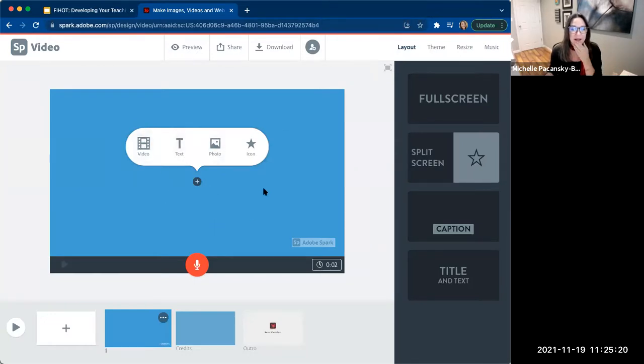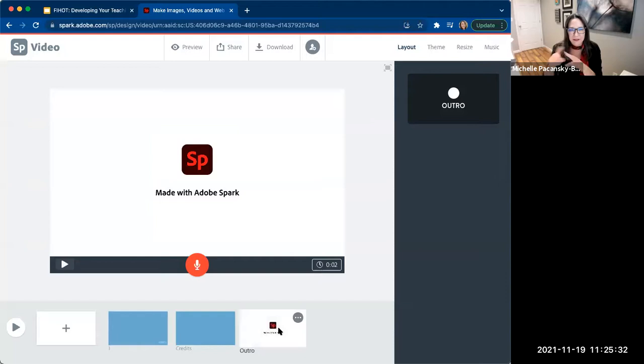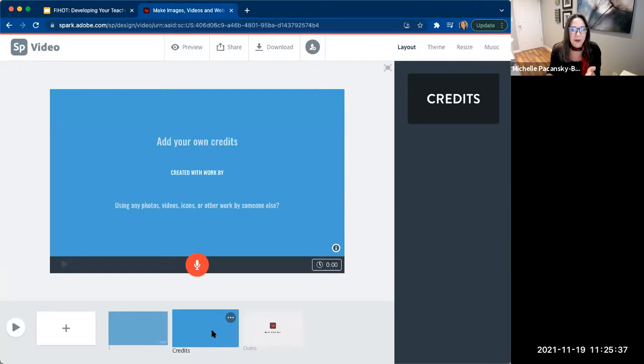This is the slide that I'm working on right now. Down here at the bottom of the screen is our timeline. And you'll see that at the end, there's a slide titled outro. And if I click there, you'll see that it's where Adobe Spark puts its branding. And then every video has a credit slide. If you start pulling in media from Adobe's library, like images, it will add attribution for you if that's required for that media. So that's really nice. You can also add your own credits at the end.